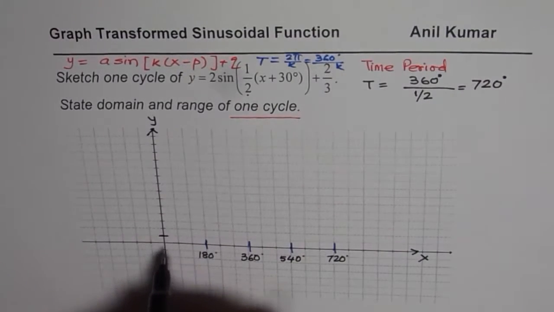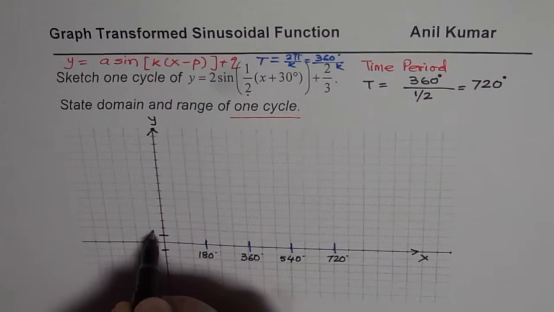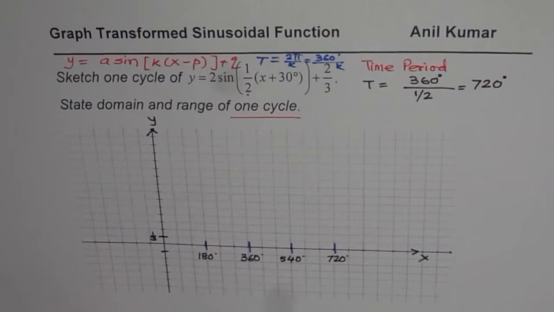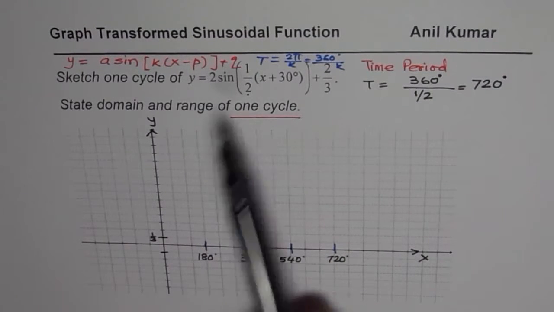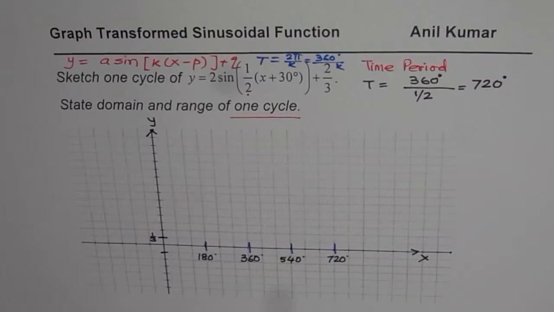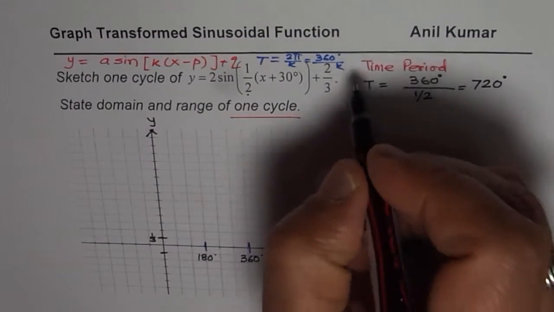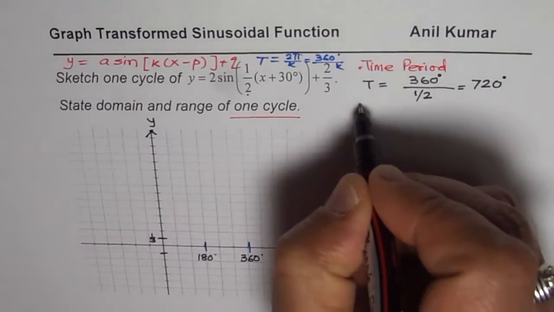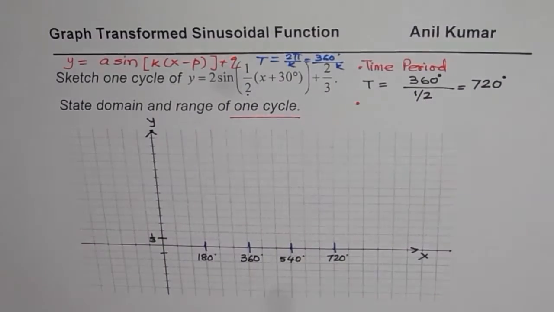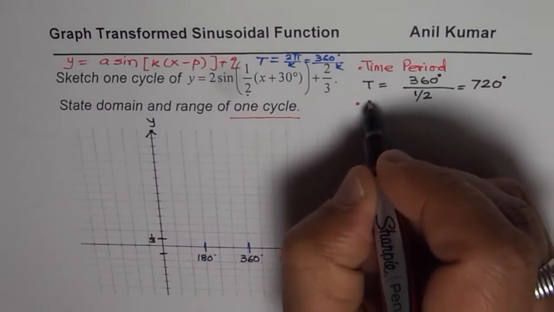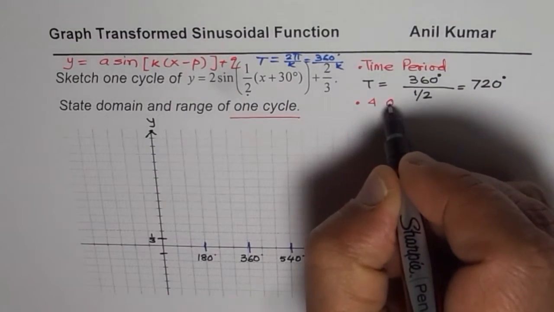So we'll keep each division as 1 over 3 to begin with. Anyway, we got 4 quarters for our sine wave. So the first step is to find the time period, and then based on the time period we divide our time axis, or independent variable, into 4 quarters